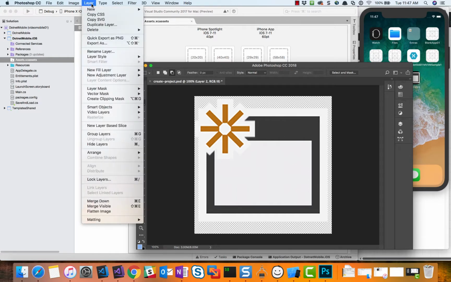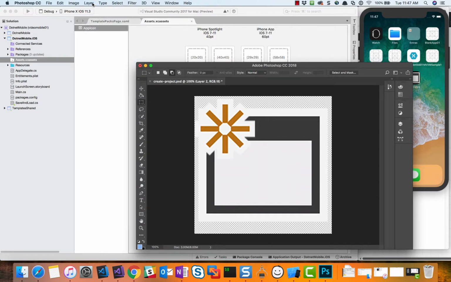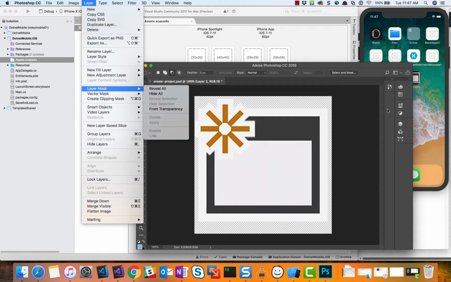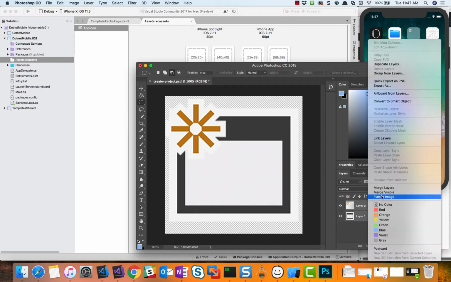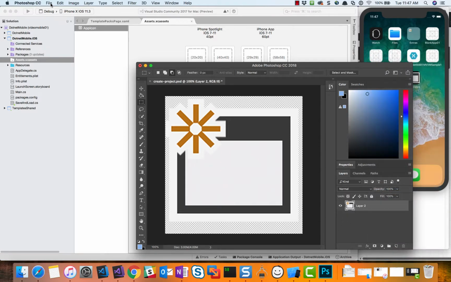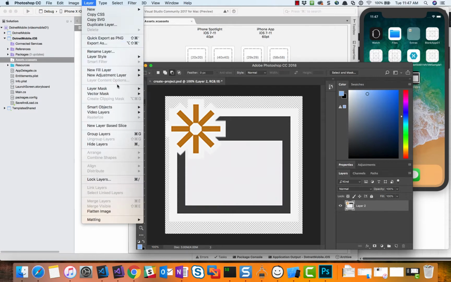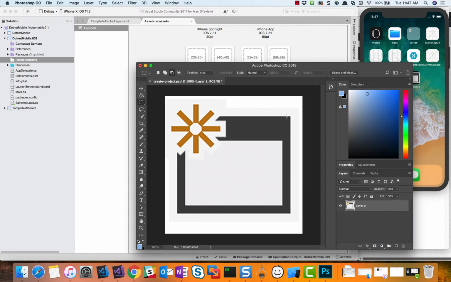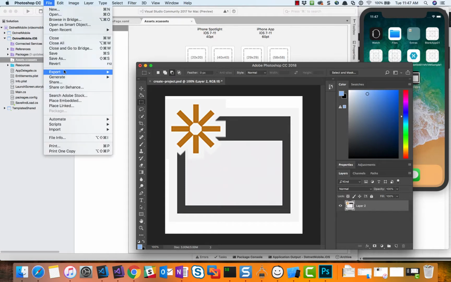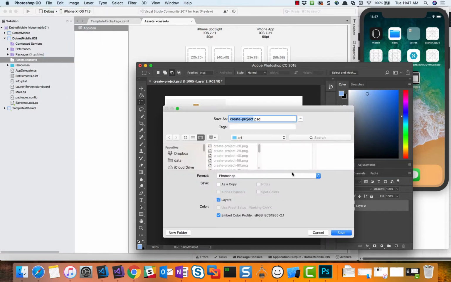So I'm going to go to Layer, okay, Layer Mask. Actually, let me show the layers here first. Okay, there we go. Actually, what I'm going to do is merge these two, and then I'm going to go to Layer Mask from Transparency, and then I'm just going to delete this one. And then now it's filled in with white, as you can see. Okay, so I'll save as,